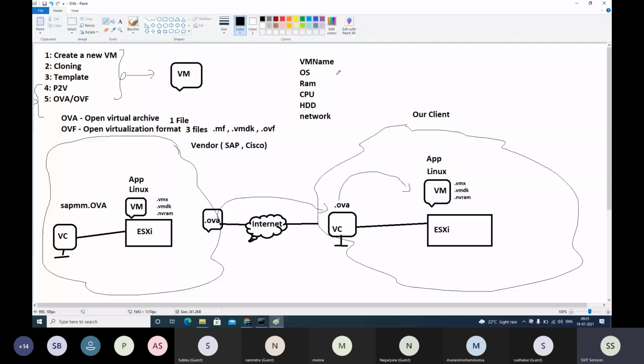If the customer specifically requests you to convert a physical machine to a virtual machine, you select P2V. He has a physical server in his data center and he is requesting you to convert it into a virtual machine. You use P2V. Or the application team or owner, whoever it is, gives you an OVA file and asks you to create a virtual machine out of it. They will not be aware of it. When an application team contacts SAP, they will just give this OVA and inform the application team to share it with your IT guys. They will help you create a virtual machine that will have the application also in it. Apart from that, they will not be aware of what that OVA is, or how it is deployed in VMware. And we know that process.